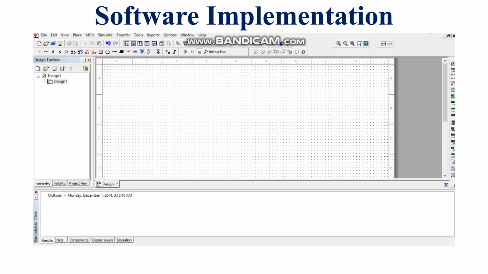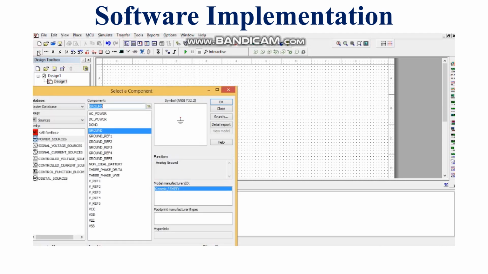To simulate our resistance-based parallel circuits, we are moving towards the NI Multisim software. Simulation is basically the testing of hardware-based modules. Firstly, we will place the components in this software. Here we have the major NI Multisim-based simulation software. Firstly, we will place the components, resistor, capacitor. Then we will make the connection between them. So in the current circuit we have three resistances, one battery and one ground.